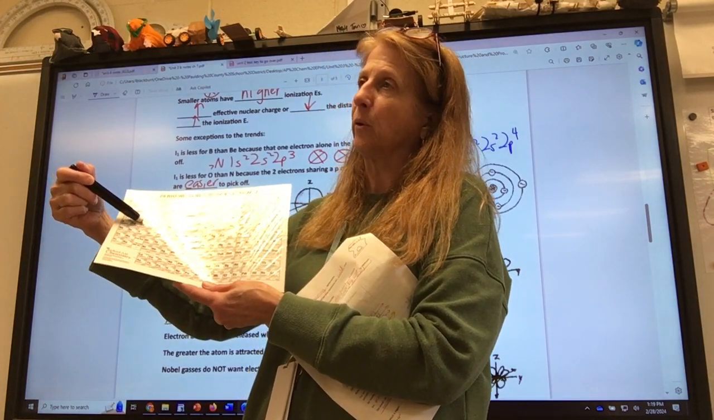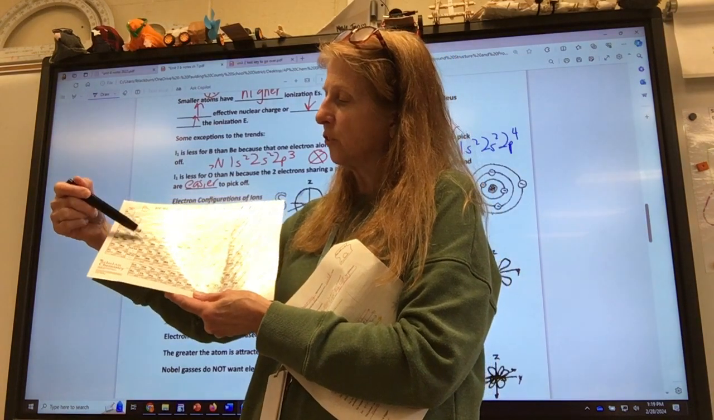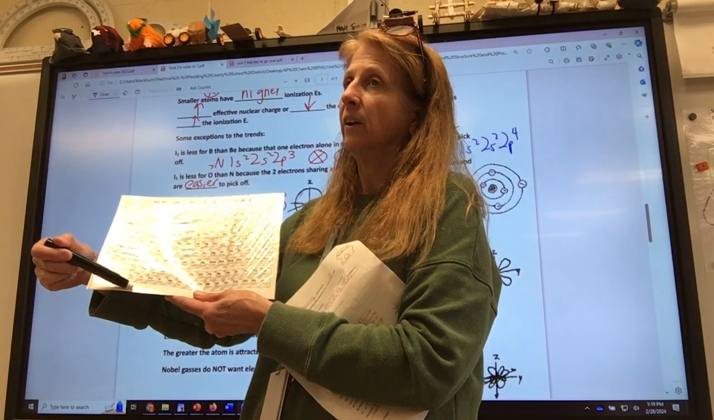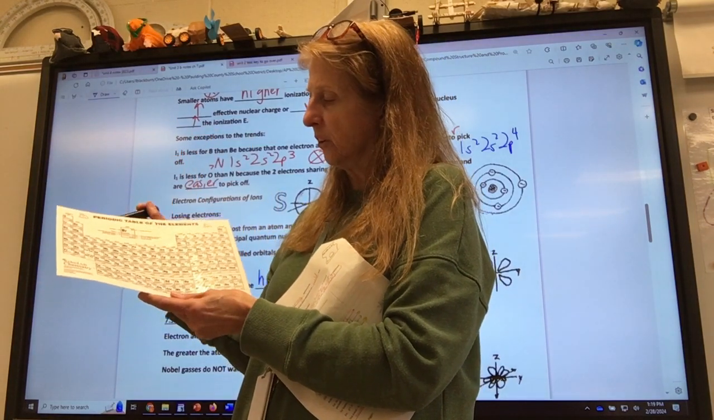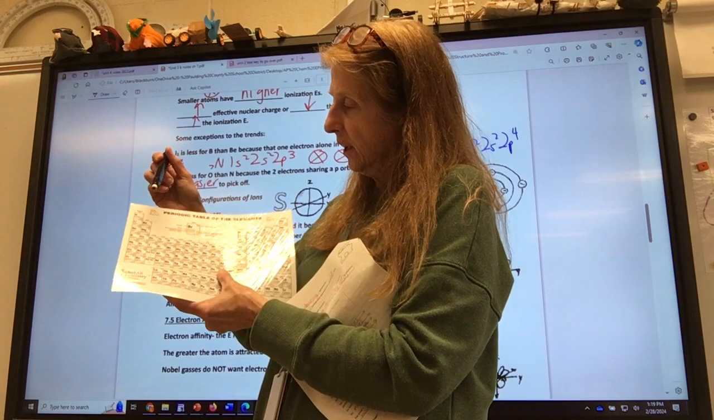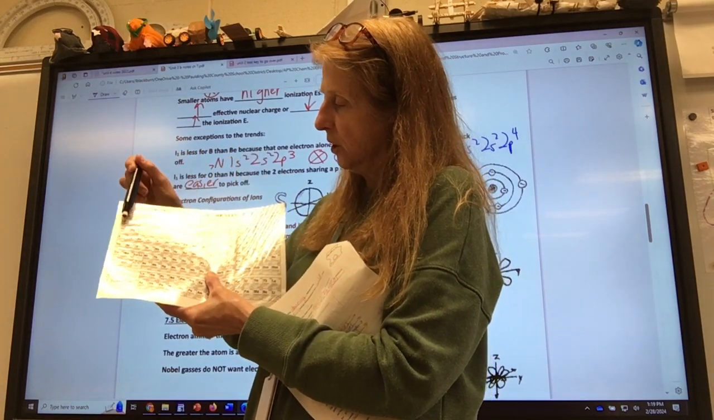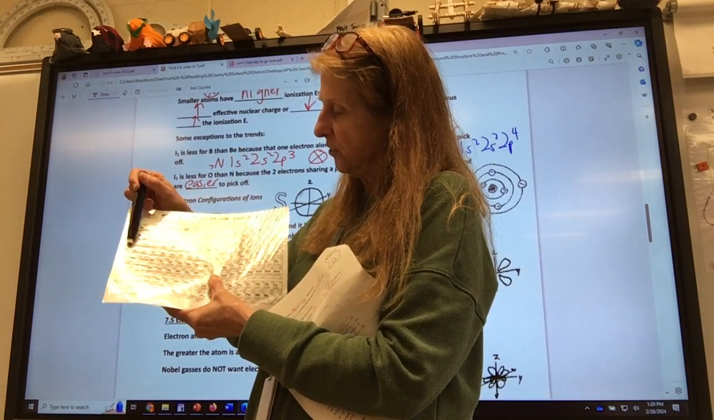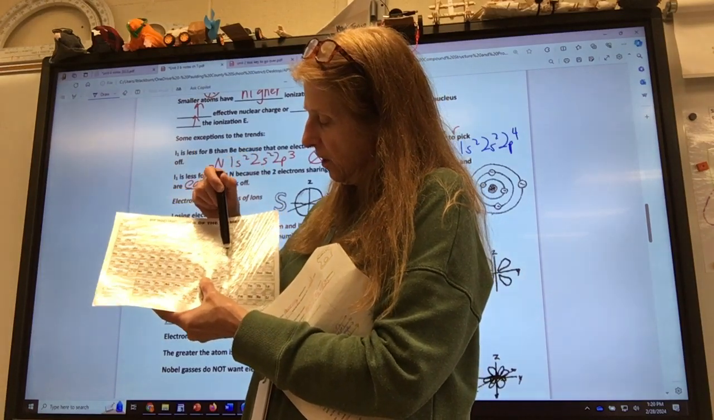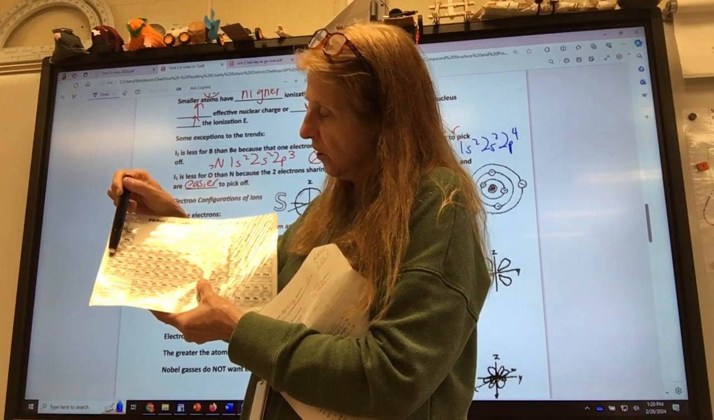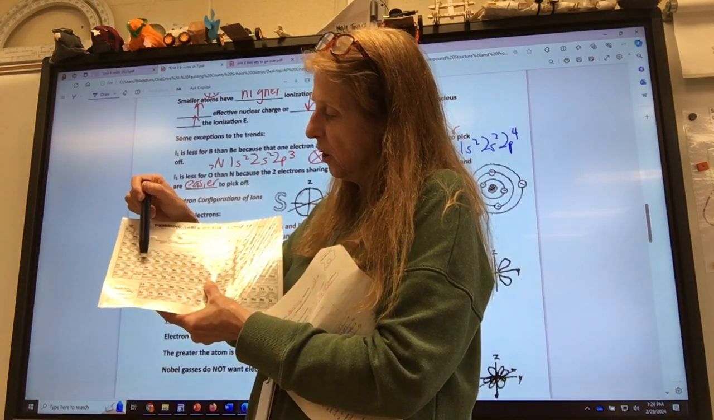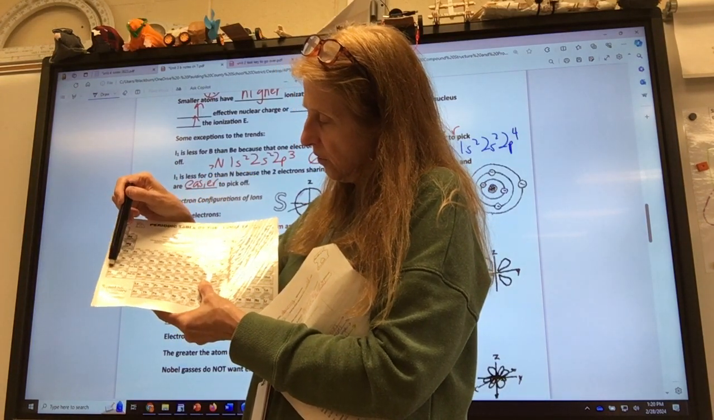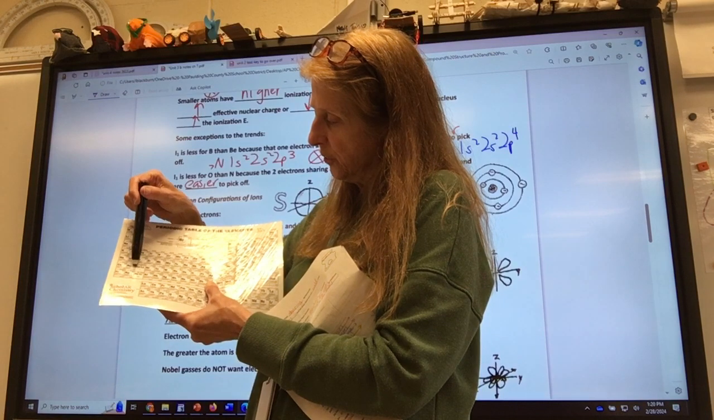See my little red 3 I wrote on my periodic table? So this is 3, 4, 5, 6. And down here at the bottom, this is level 4, 5. So the periodic table tells you. If I were to do gold, it's 1s2, 2s2, 2p6, 3s2, 3p6, 4s2, 3d10, 4p6, 5s2, 4d10, 5p6, 6s2, then it goes down here to